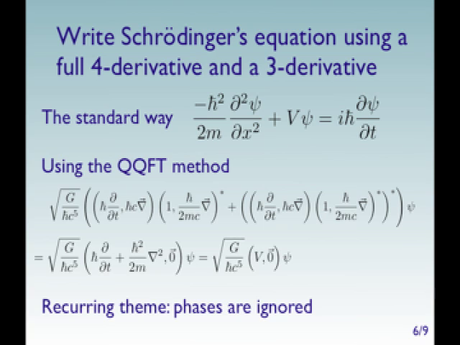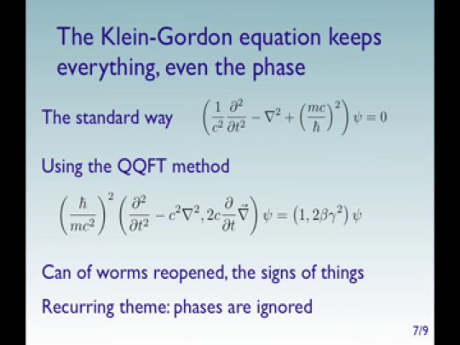But it ain't there. And believe me, huge volumes of work are done with Schrodinger's equation as is. And when I look at it, I see those zeros and I get a little concerned. All right, but that is classical field theory, which applies to a particle. And so now we're going to make the switch over, up as it were, to the Klein-Gordon equation, which actually keeps everything, even the phase.